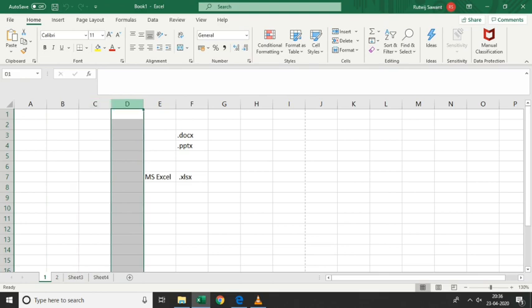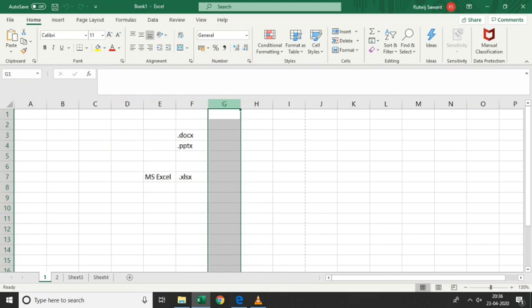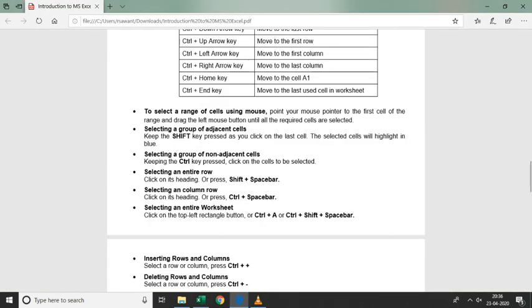Okay, like this. So if I want to select a column using a shortcut key, again same thing, press the shift key and use the arrow key from your keyboard. Okay, now the shortcut key that we use to select a column is control plus space bar. In row we used to press shift plus space bar. Now we'll use control plus space bar. So I am within this cell, I am pressing control plus space bar. See, again the same thing.